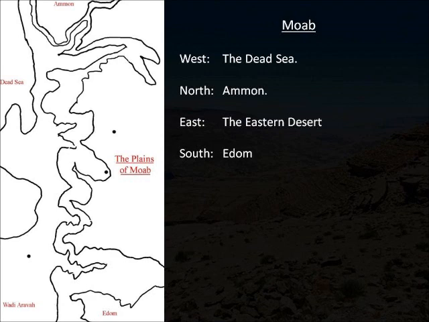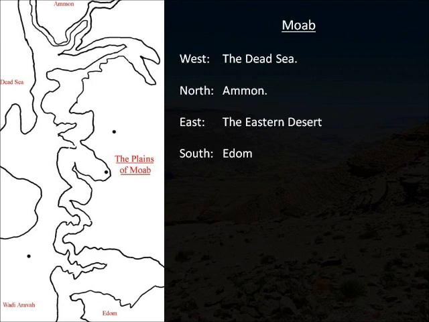Okay, so let's go ahead and mark our 4 cardinal points. To the west of the plains of Moab there, we see the Dead Sea. And notice that the Dead Sea makes kind of this little upside down Michigan formation. It's got a little thumb finger pointing down to there in the middle of the map, and then it has kind of a glove area coming around further south. And so that entire area is the Dead Sea, and then the Great Rift Valley is there.